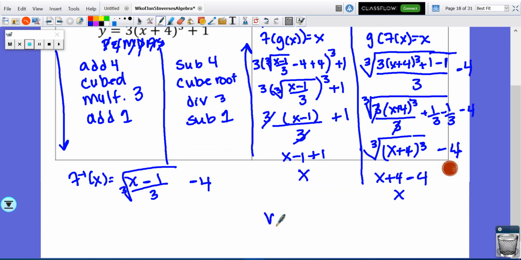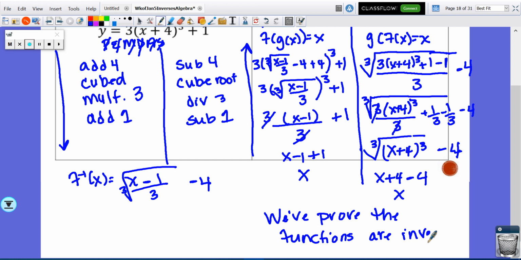you can write, we've proven the functions are inverses because f of g of x,